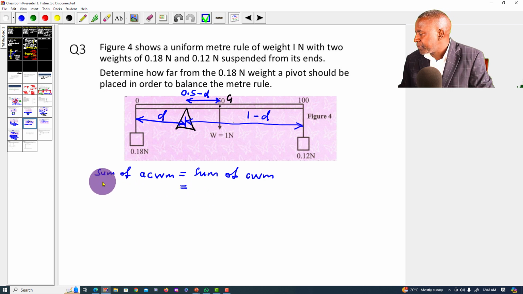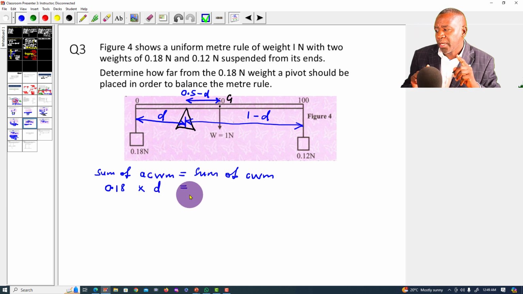There will just be one anti-clockwise moment, and it is due to the 0.18 Newton. So I'm going to get 0.18 newtons times D is equal to,